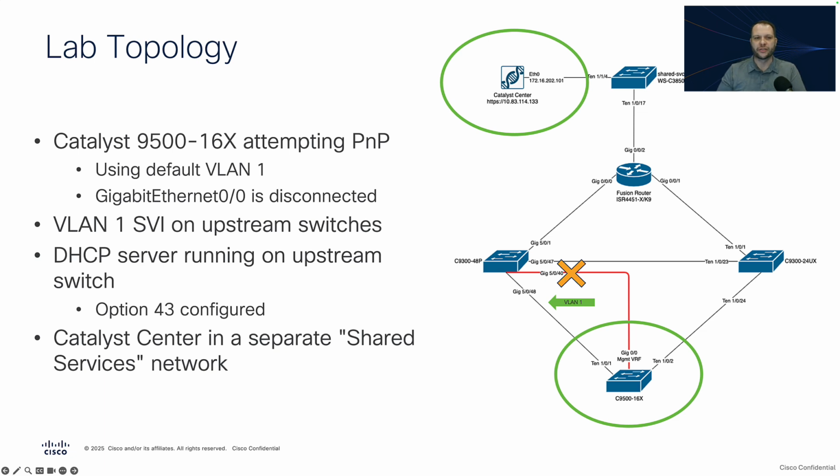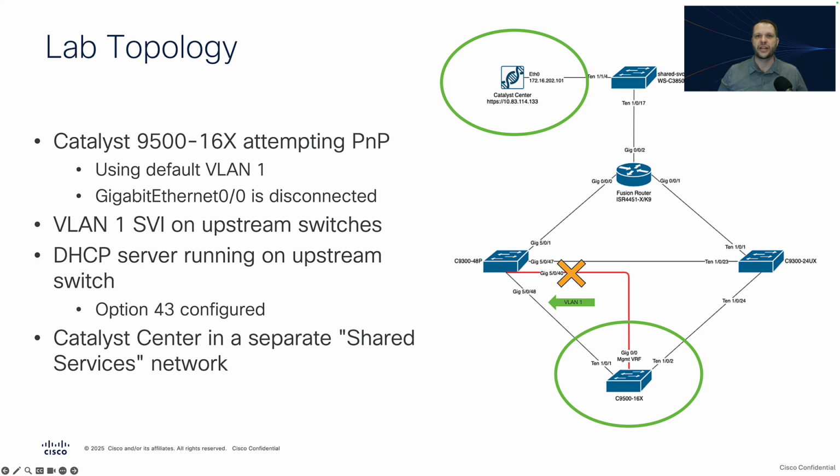However, in this instance, we have disabled the connection to the Gigabit Ethernet 0/0 management interface, and instead we're going to be using the default VLAN 1 through the front panel ports on the device. Now it's important that we disconnect the connection to the Gigabit Ethernet 0/0 interface because if it is left connected